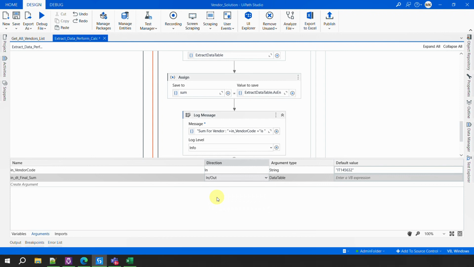So that's why, guys, it is important for you to know the basics, right? So the basics of the arguments is that if I make a variable in out, I am instructing UiPath to read the data table as well as write the data back as well. Okay, so I have a data table now which is called dt underscore final sum,